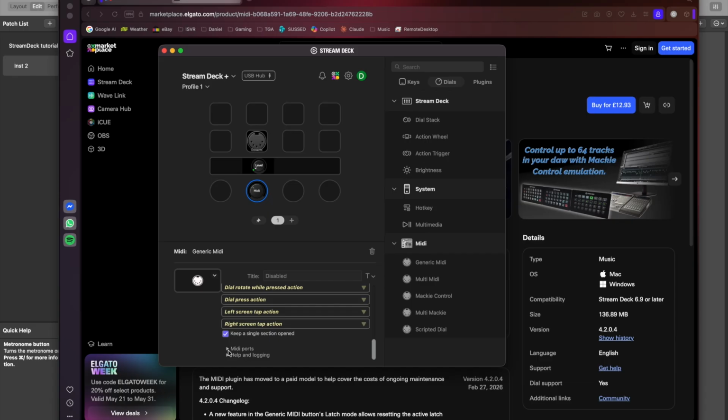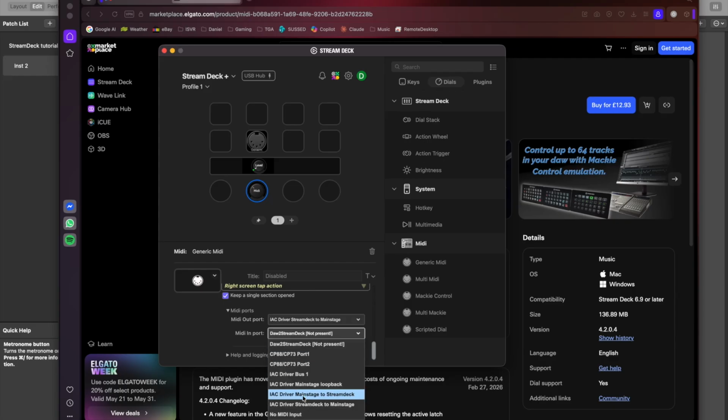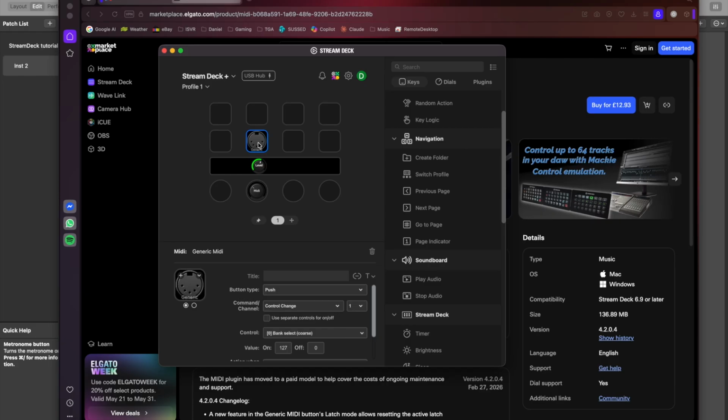Importantly, we need to go to this MIDI port setting here, and the MIDI out for this is going to be IAC driver MainStage to StreamDeck, and then the in is going to be StreamDeck to MainStage. Great, and instantly it must have received something earlier because it knew what kind of level to jump to. This is good. Let's set up the same with this button here,